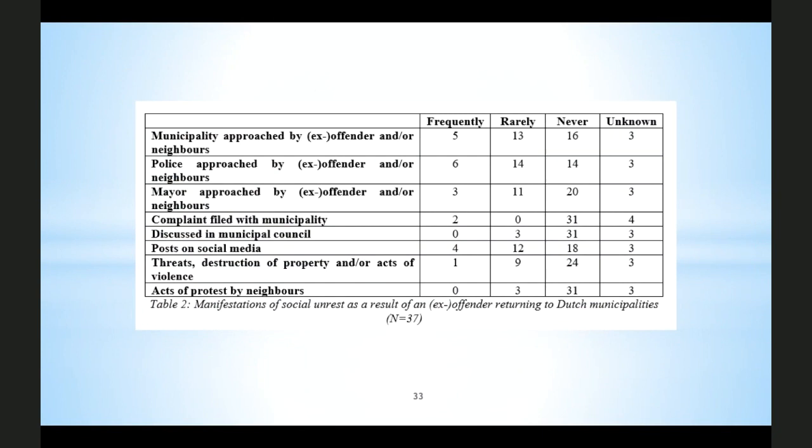Protests by neighbors, such as demonstrations and the distribution of warning leaflets, as we saw in the 2 pictures on the previous slide, were reported by only 3 respondents. So these findings show that whereas in most major Dutch municipalities, peaceful expressions of social unrest occurred relatively frequently, let's say on a monthly or yearly basis, escalations that actually threatened the public order and peace and quiet in the area occurred only rarely, so once or a few times over the 6-year period.